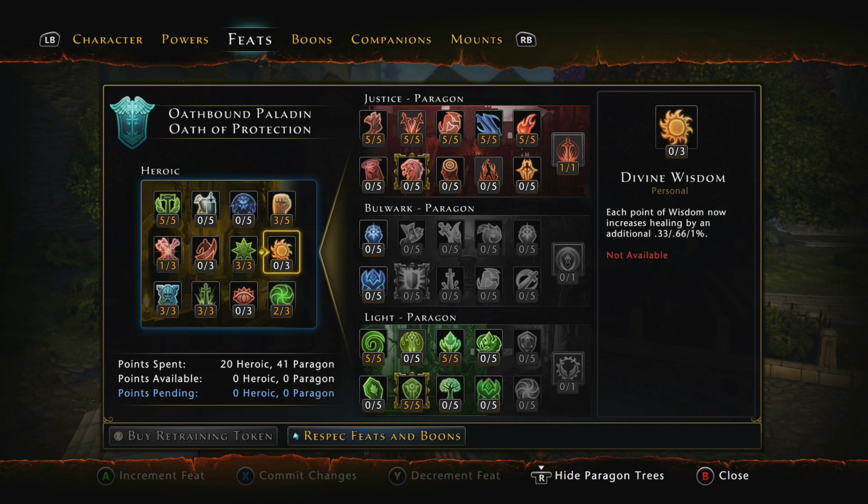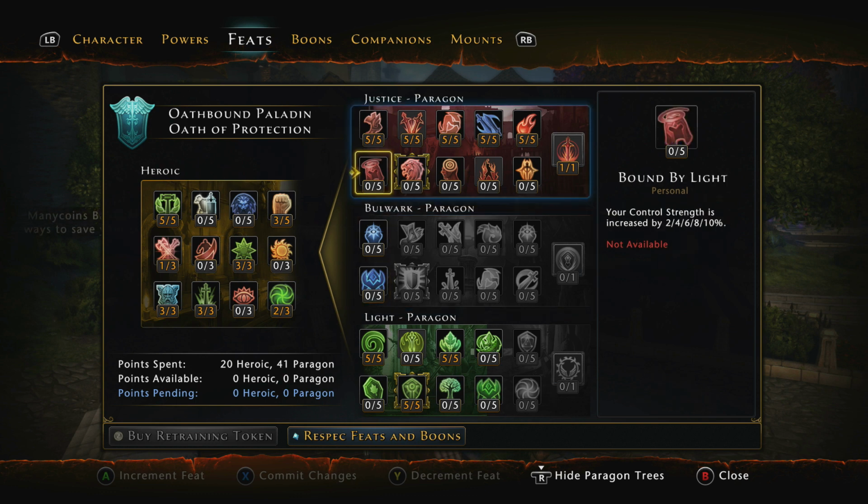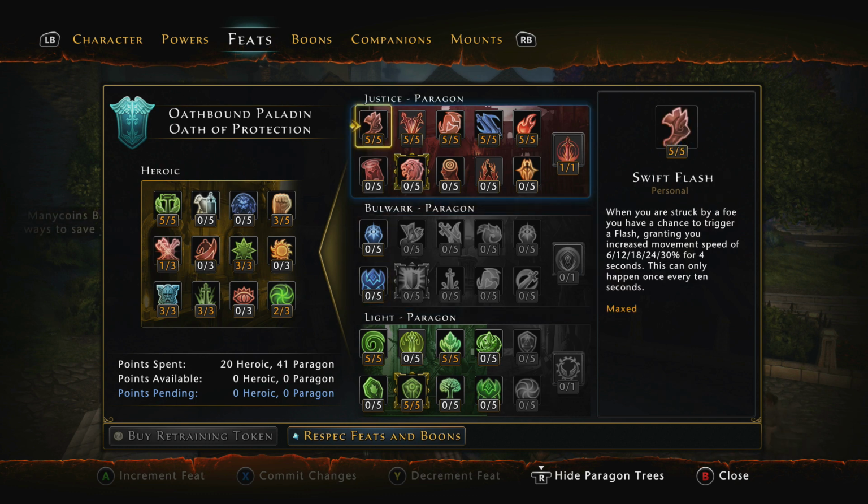So when you're running through this, which path do you take first? You definitely want to take the Justice Path first when you hit level 30, reason being because when you strike a foe you have Swift Flash, so this is probably an annoying one to have. I'd rather it be in the middle, but so what, you have to put up with it. It just increases your movement speed by 30%. It also gets you through the